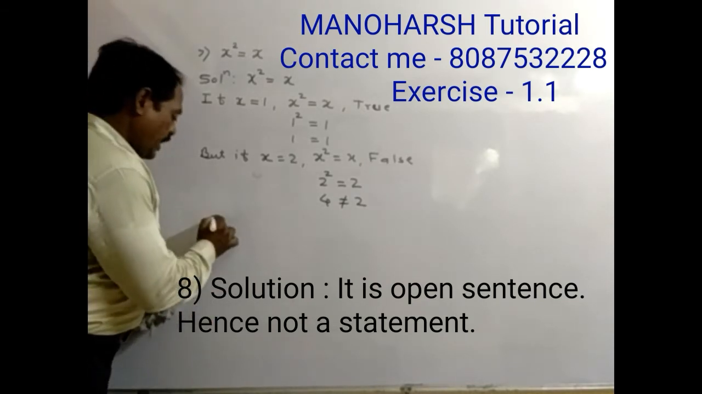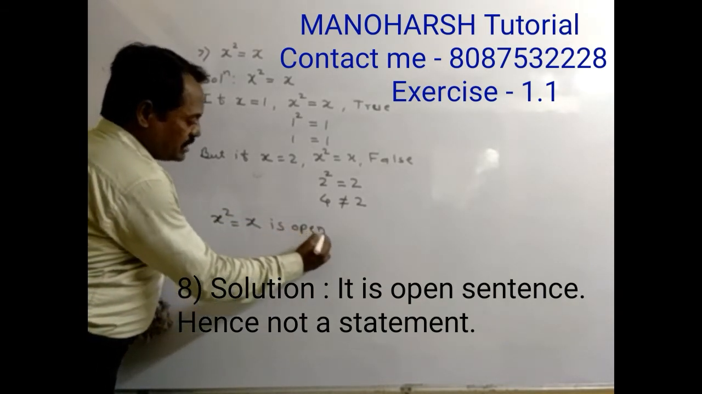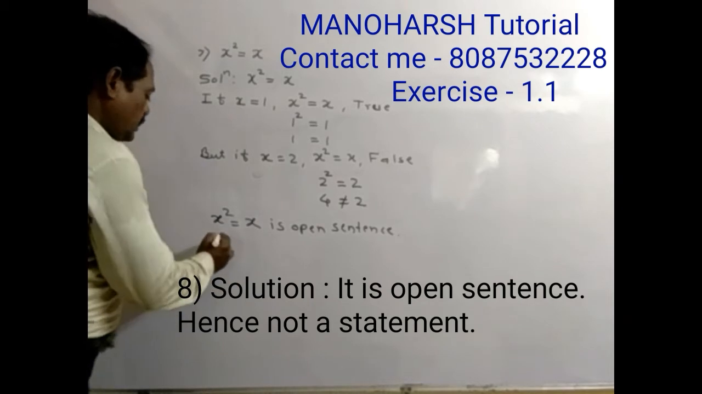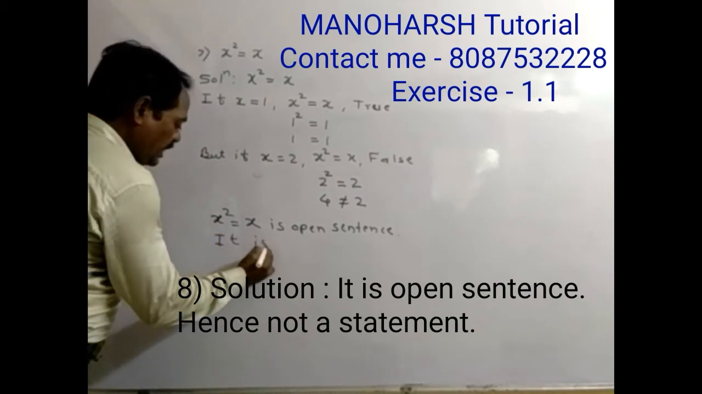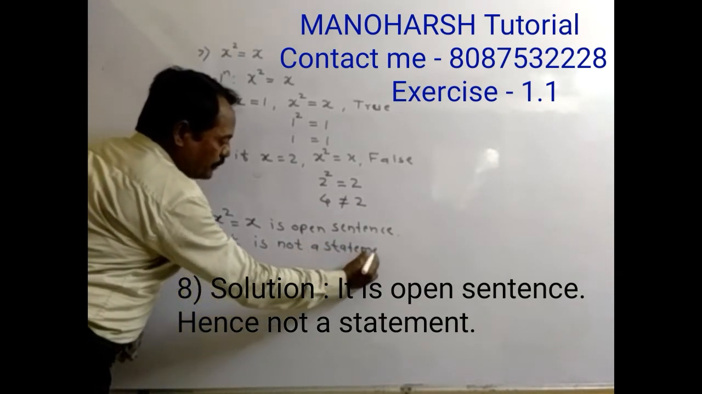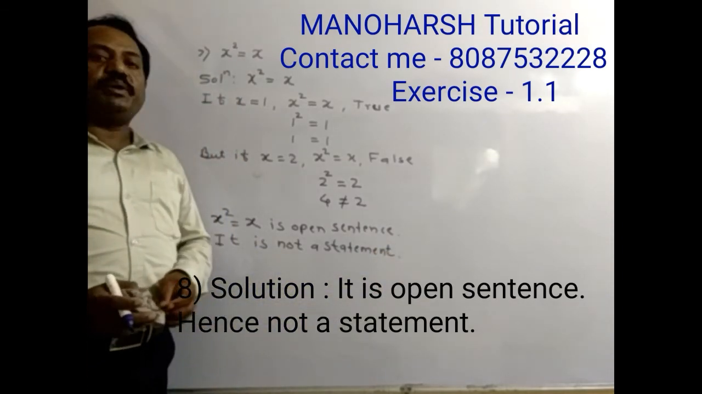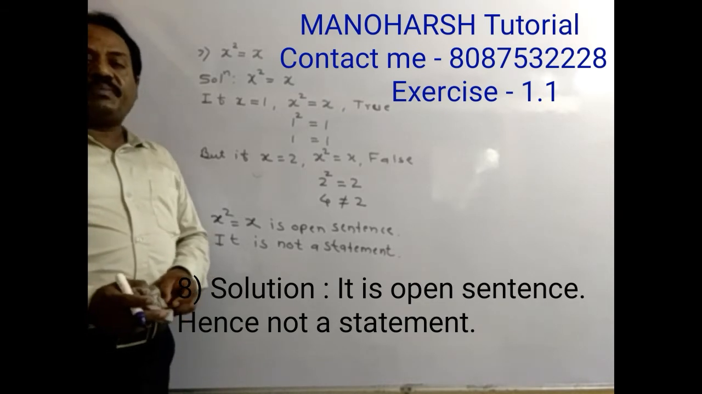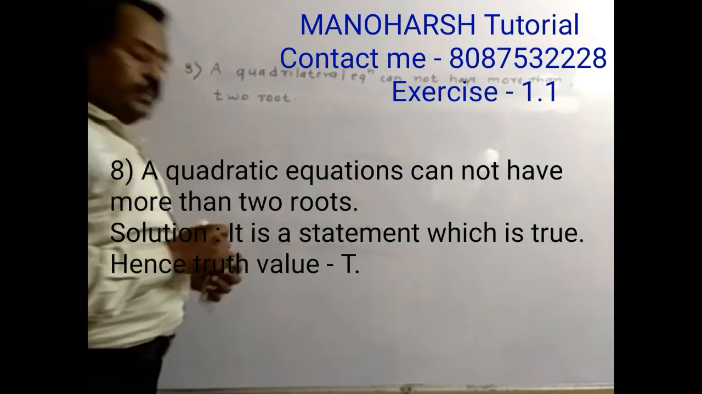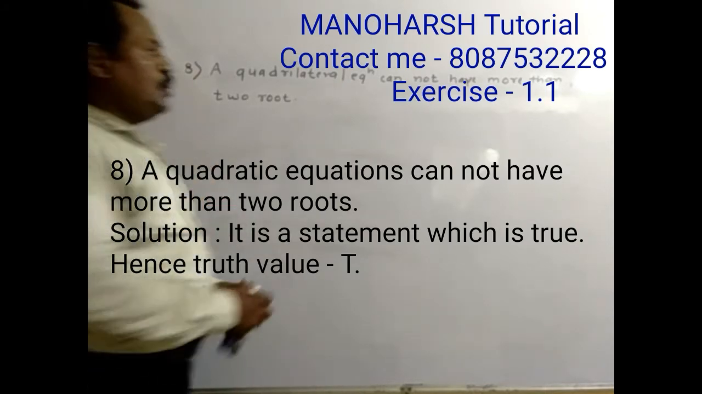ओपन सेंटेंस होगा। सो x square is equal to x is an open sentence. As it is an open sentence, it is not a statement. ये स्टेटमेंट नहीं होगा। As it is not a statement, its truth value does not exist. ये स्टेटमेंट नहीं है तो इसका ट्रूथ वैल्यू भी नहीं होगा।